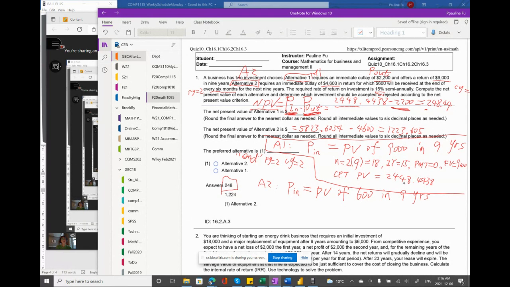The present value of annuity. This 600 is annuity. Okay. The present value of 600 annuity in 9 years. That is money in. And how do I do this? So term N equal to 2 payments times 9 years, 18,